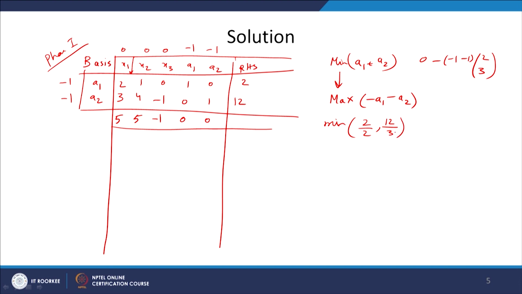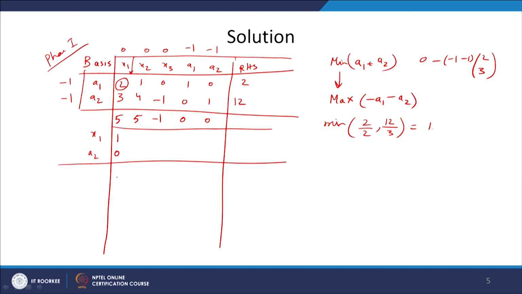So, the right hand side divided by the pivot column tells us that the first entry is the minimum, and this indicates that 2 is our pivot, and therefore, we have to make this as 1 0 in the next iteration. A1 will go, so it will be replaced by x1, A2 will be as it is,